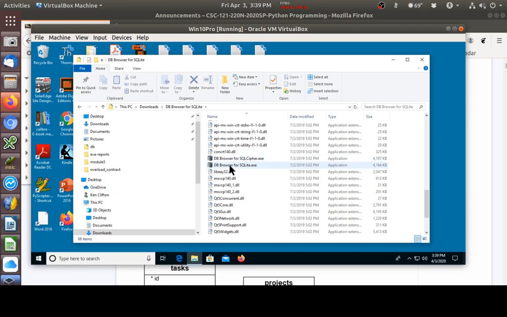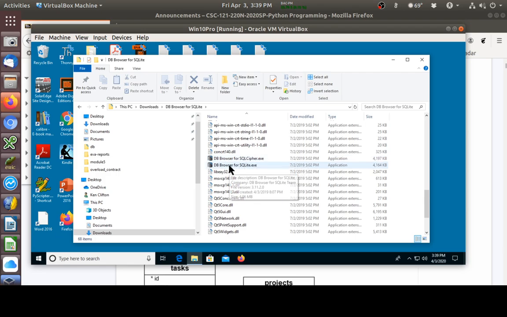Remember I told you that SQLite doesn't have any users and therefore it doesn't have any security in the database. So if you wanted to protect your database such that somebody couldn't download it, say you were using an SQLite program on a web server and you're worried about somebody downloading your database and getting to stuff, well, you can actually encrypt a SQLite database, and once it's encrypted you have to use this SQL Cipher program